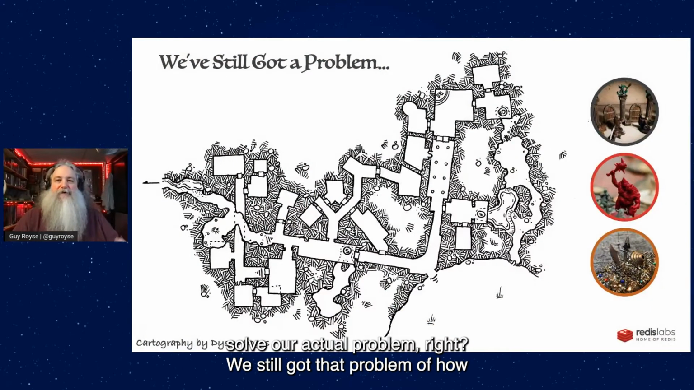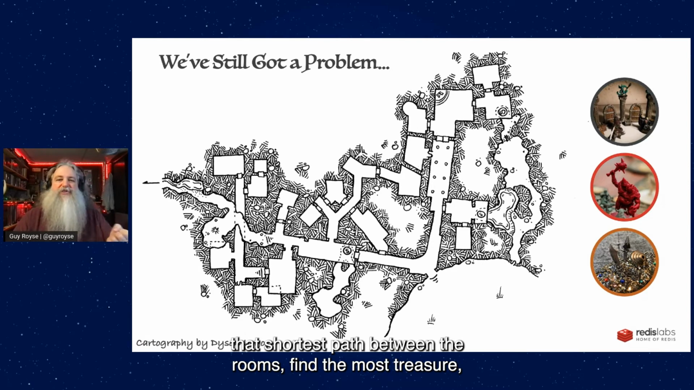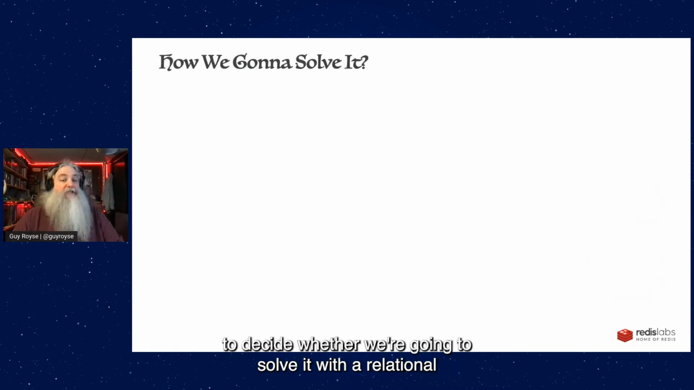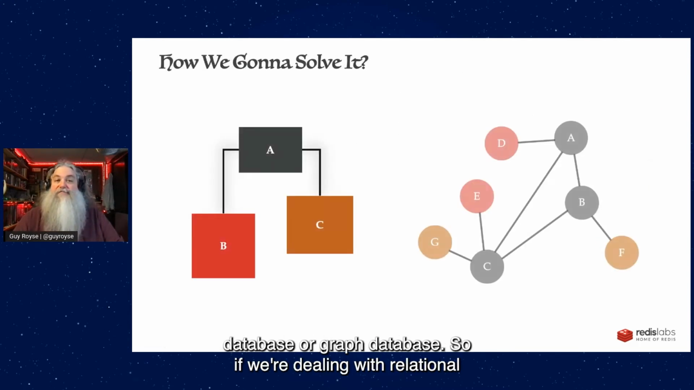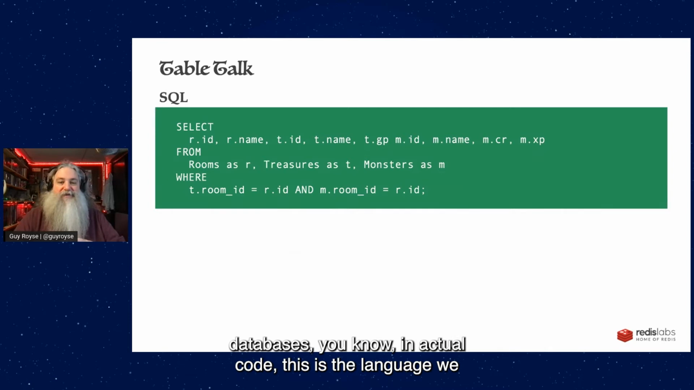We still have that problem of how to optimize our dungeon crawl experience. I still need to find the shortest path between the rooms, find the most treasure, find the most XP, that sort of stuff. And we still need to decide whether we're going to solve it with a relational database or a graph database. So if we're dealing with relational databases, in actual code, this is the language we use to